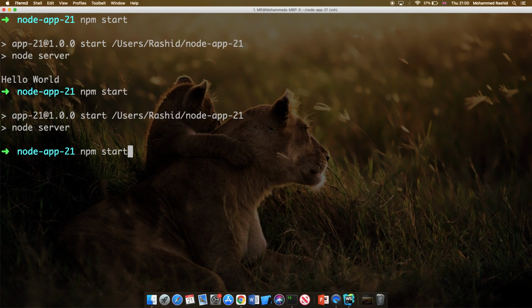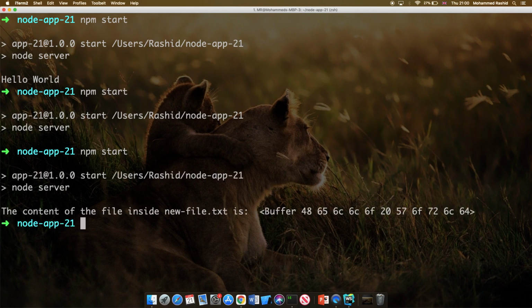But if we run this, something funky has happened here, right? What it's saying is the content of the file inside newfile.txt is this buffer 4865. What on earth is this? So what this is basically is Node interprets this as a binary format, or this module determines it as a raw binary format. So what we actually want to do to solve this is